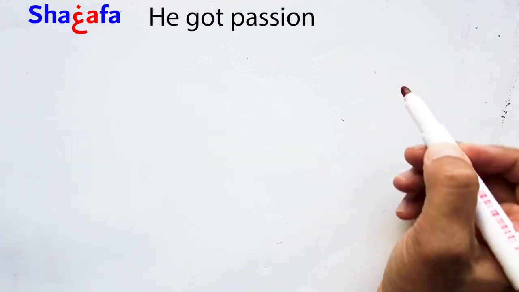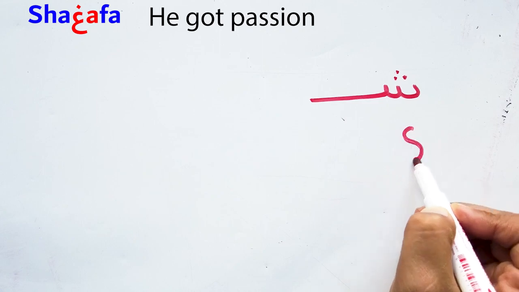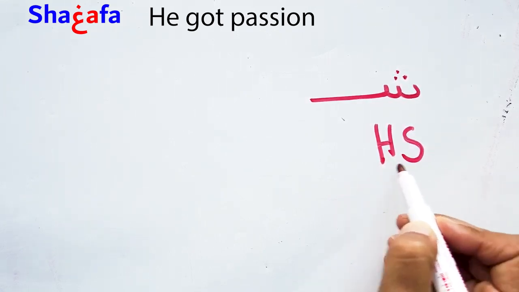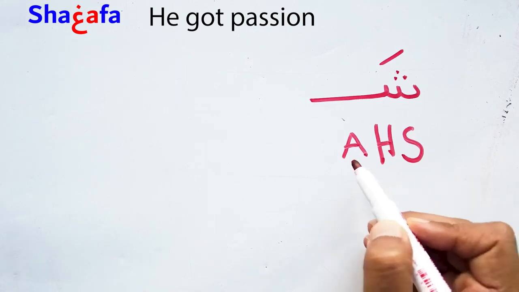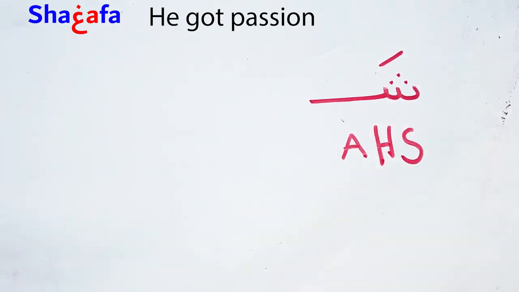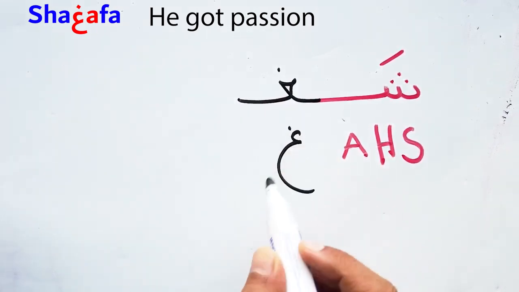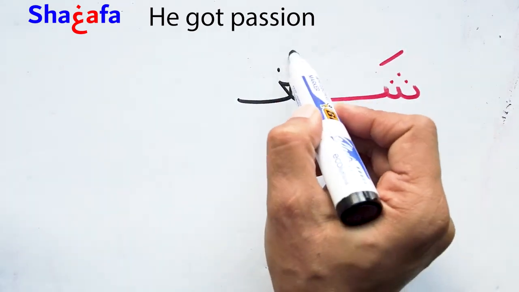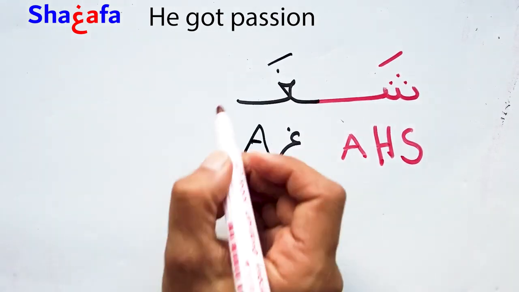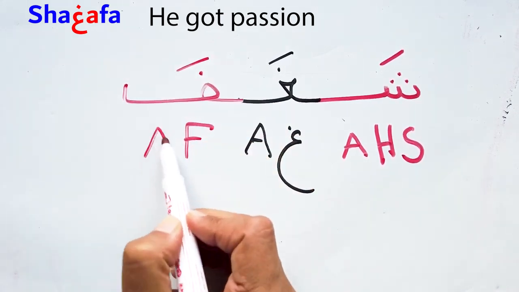Let's learn another word, which is sha, gha, fa. The sound of S, H, sha. Pay attention. If I remove this, it will be s. But with 3 dots, it sounds like sh. Sha. Gha. Or in French, today we have a lot of words. Here has this letter gha, A here, and finally we have F, the sound of F, and fa, the sound of A in the end.